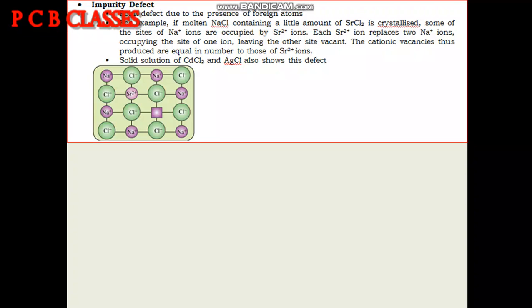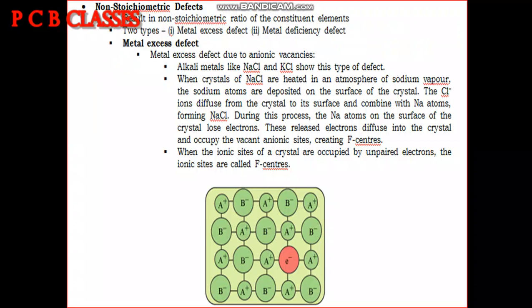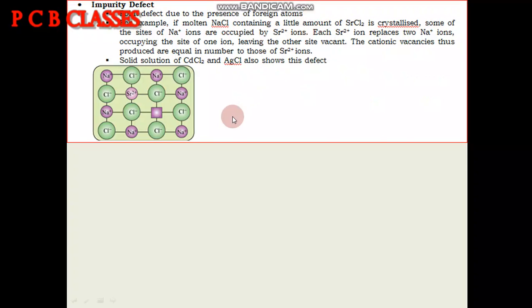For example, suppose we have an NaCl solid, and this NaCl solid will have sodium ions as well as chloride ions. So in case it is NaCl, there should be only sodium and chlorine. These are the chlorine ions and these are the sodium ions. Anyhow, if this sodium chloride comes in contact with some other ion which has a higher valency than sodium, do note that such a defect only occurs when there is a positive ion which has more valency than the present atom.